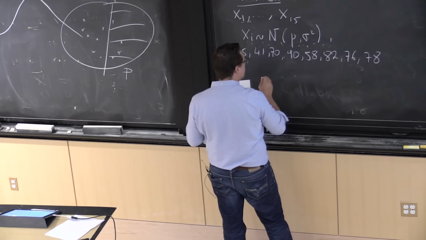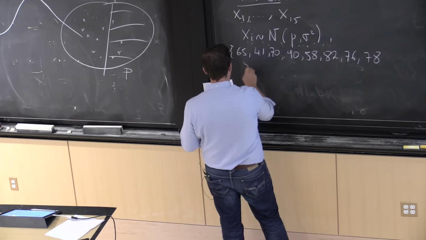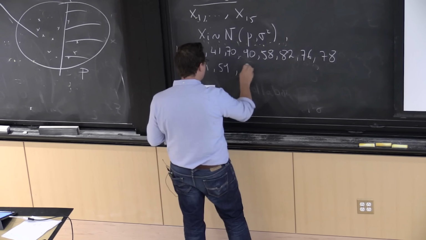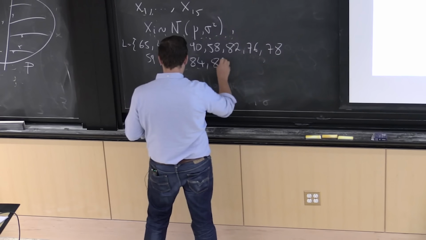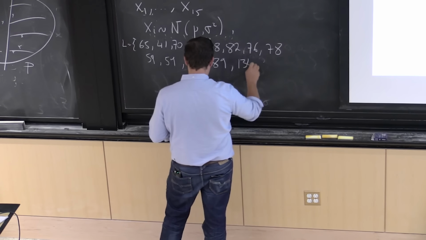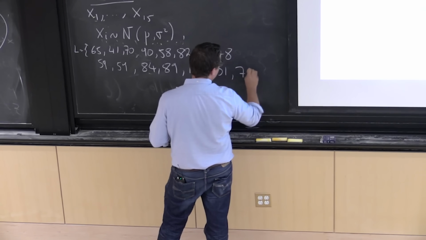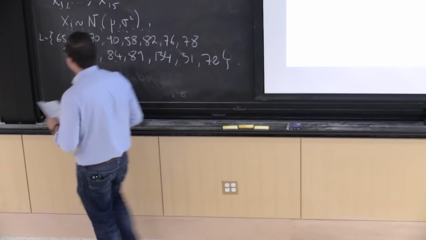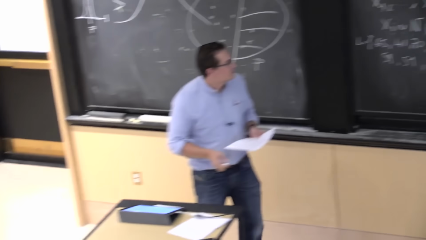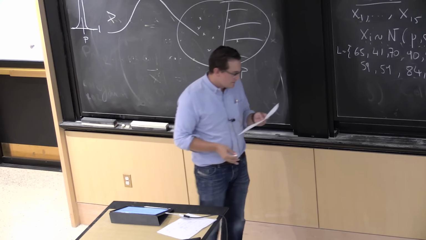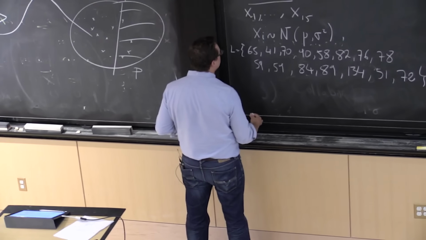Maybe I should have done it with 8. 59, 59, sitting next to each other. 84, 89, 134, 51, and 72. Okay, so those are the scores that I got. There were clearly some bonus points over there. And the question is, find